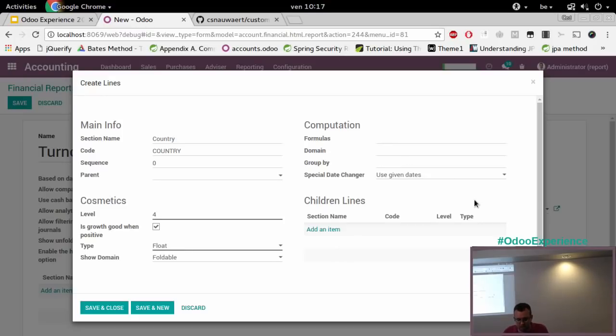So as I said, it only works with account move lines, and you can only use some basic formulas. So in this case, we want to have the sum of all the account move lines, and I will add a domain to only choose the lines that we want. So what is the turnover? Turnover is just the sum of all the invoices you